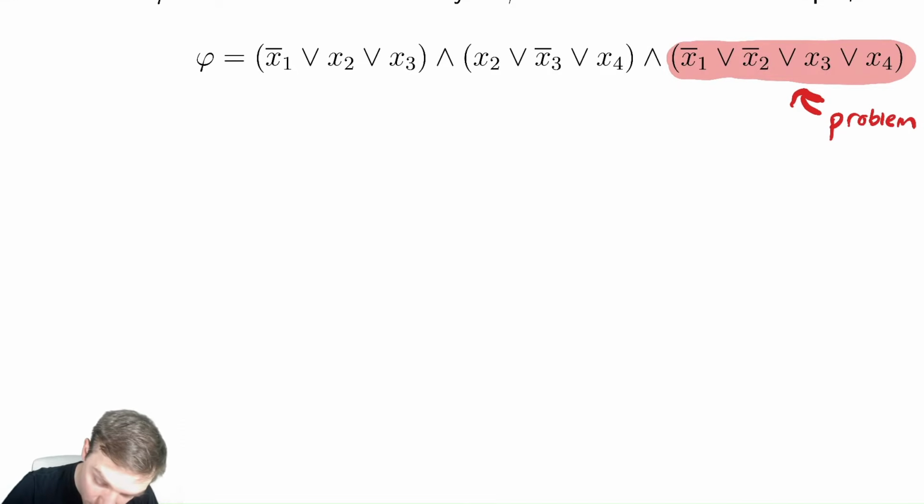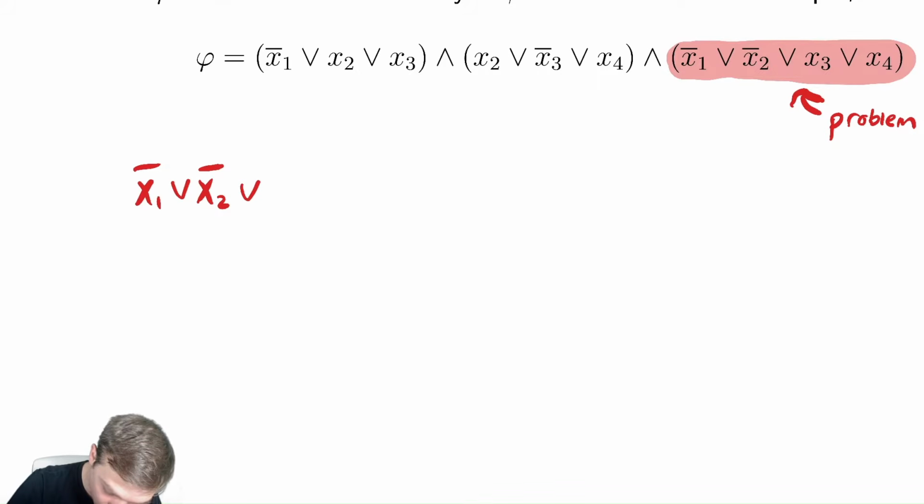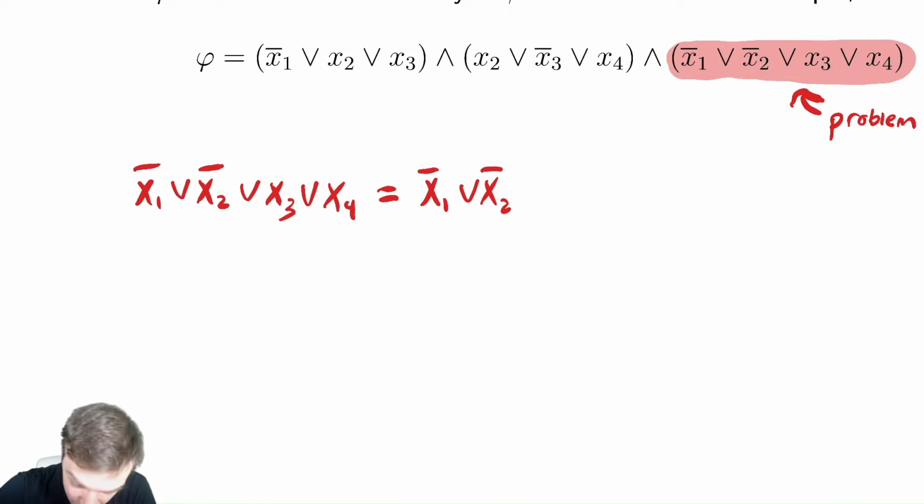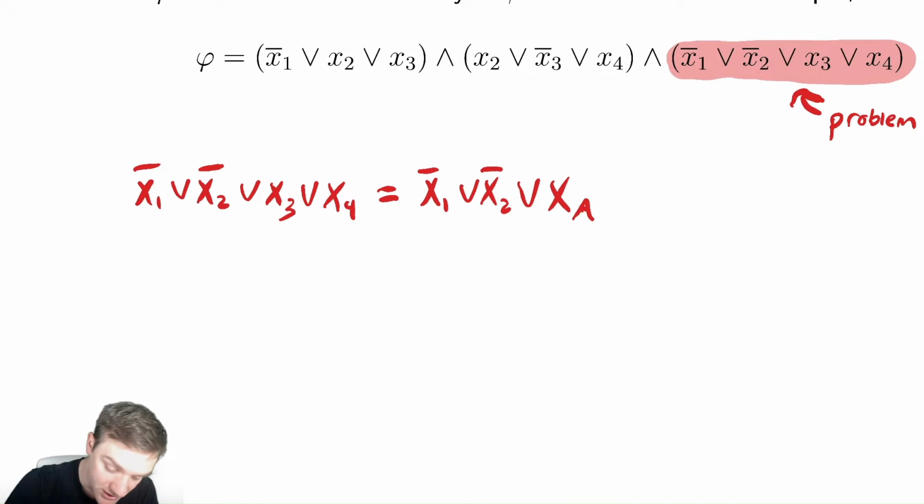Let's see what we can do. So we're going to try to rewrite that. x1 bar or x2 bar or x3 or x4. What I want to do is, let's do something simple maybe. I'm going to keep the first two variables as is, x1 bar or x2 bar. And then I'm going to say or xa, where xa is what I'm going to call